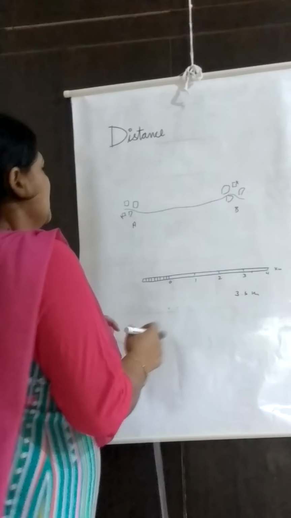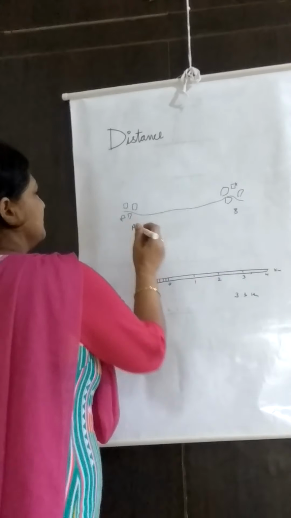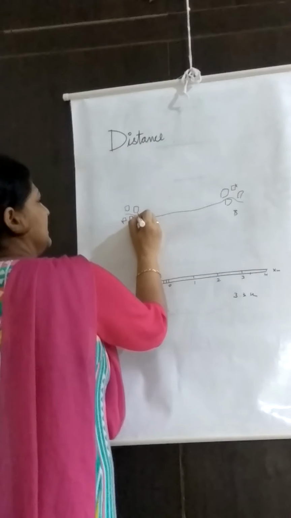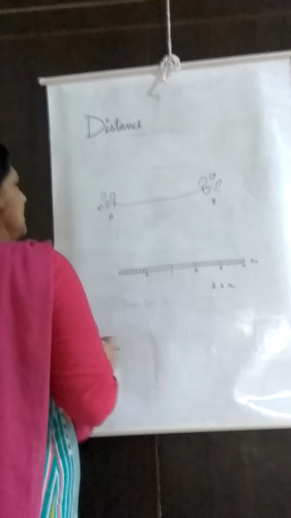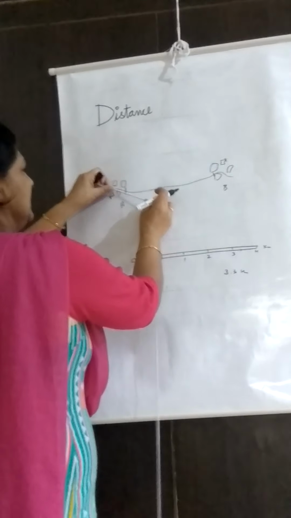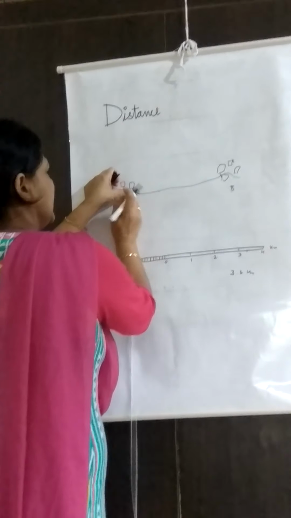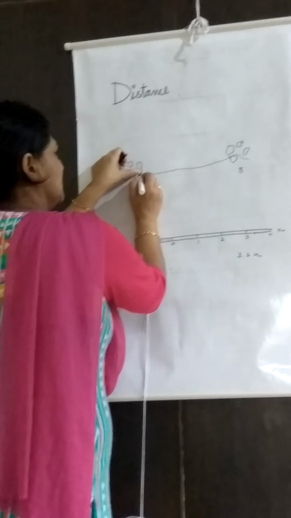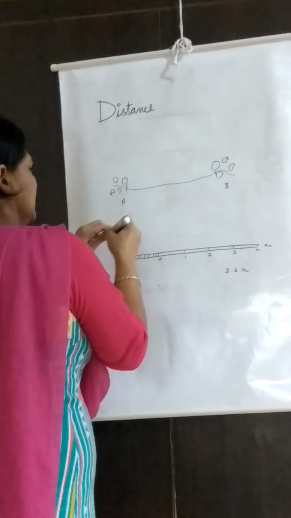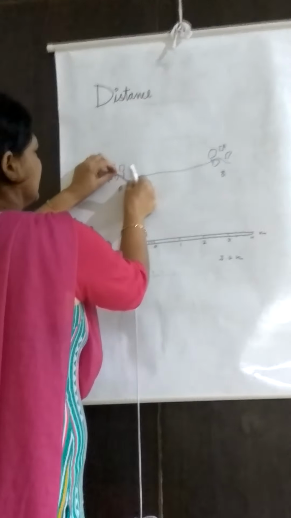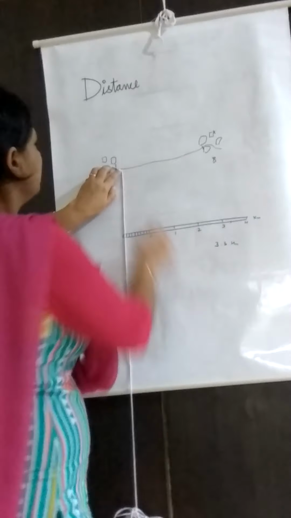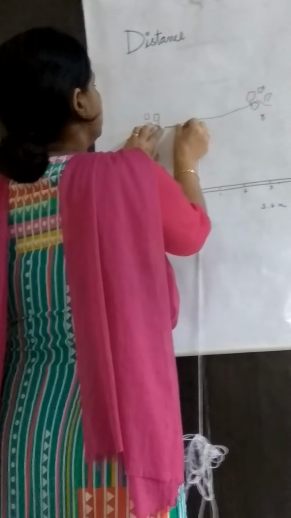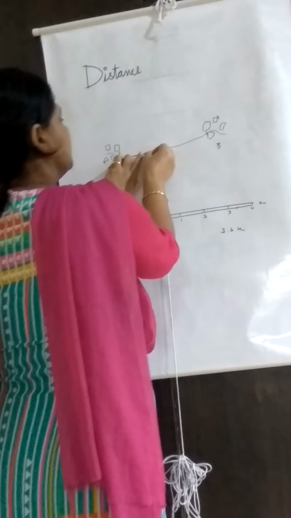How do we measure? We take the minimum distance, from where the settlement starts. We will go only till the place where the settlement starts. So we take the thread, keep it on that place, and mark one point on the thread from where it will start. We measure this distance with the help of the thread.